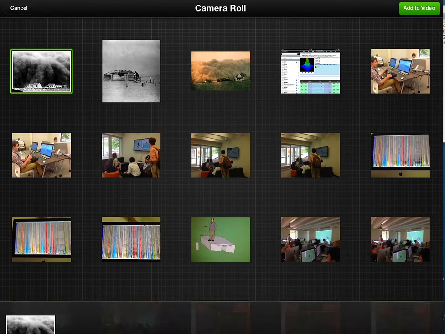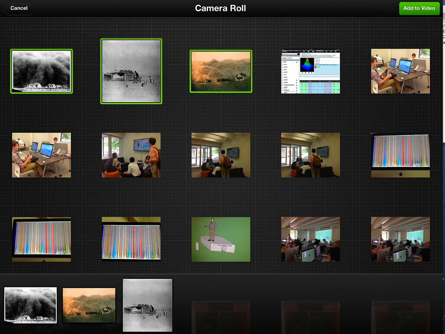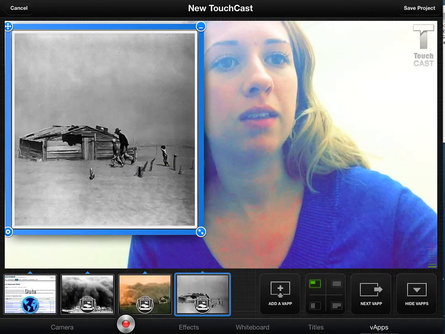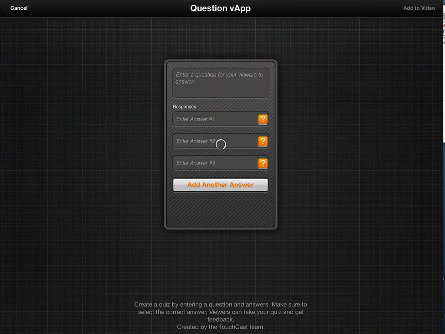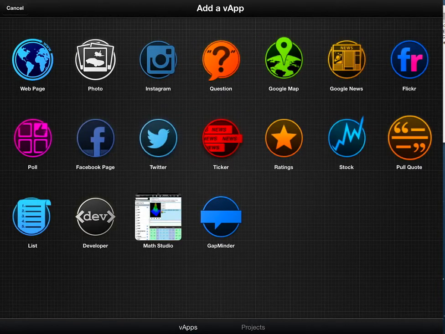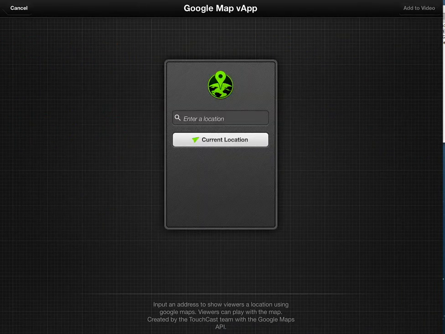I'm going to add my photos, and essentially what I'm doing is kind of like storyboarding. I'm adding the content that I plan on talking about later in my screencast. You have a questions option, so if you're using this for instructional purposes and you'd like an assessment tool. So this is another interactive